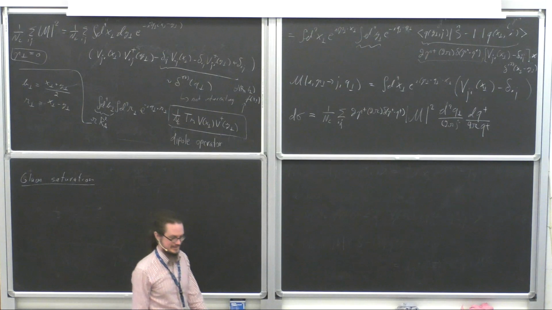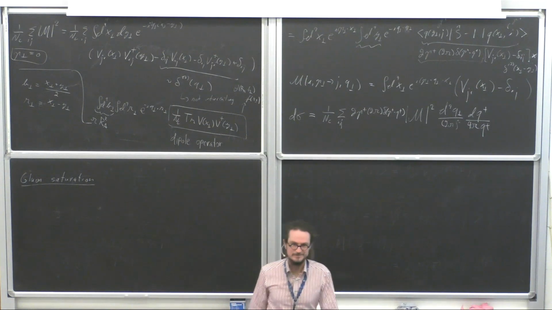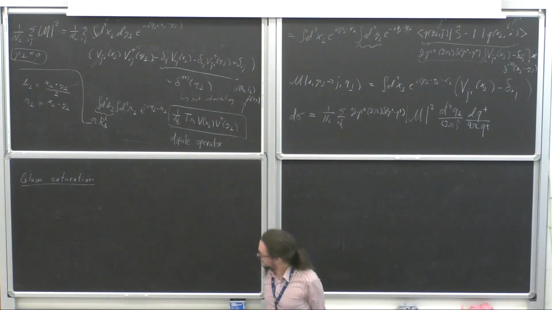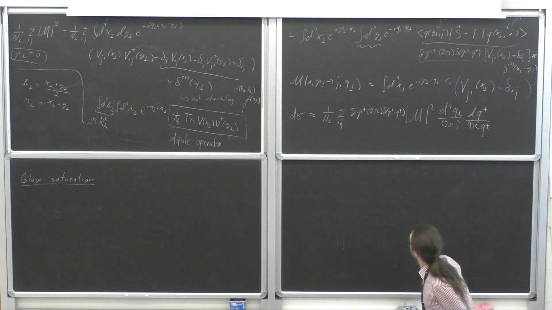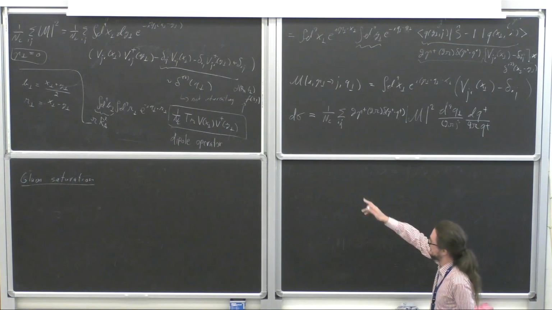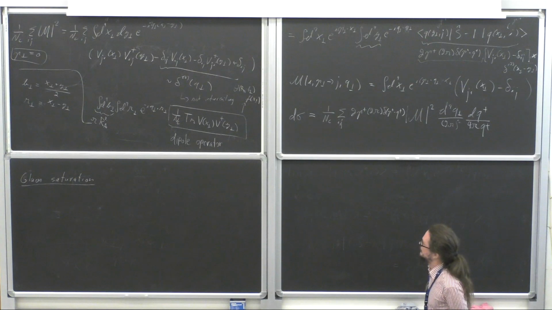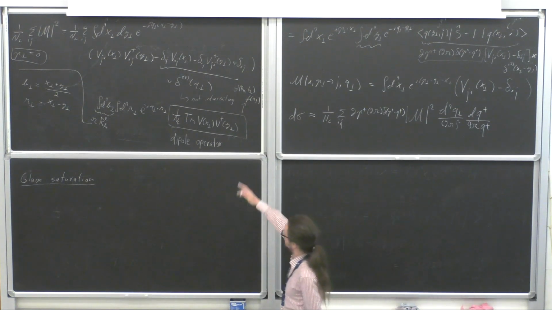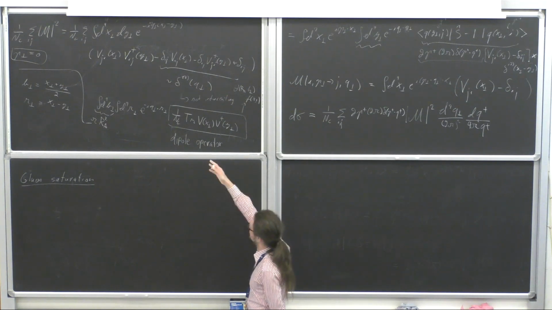Okay, so let's continue for a little while. That was the main part of the calculation. A couple of things. First, let's look at this dipole operator. Remember that the Fourier transform of the dipole operator is the scattering amplitude. So from this dipole operator,